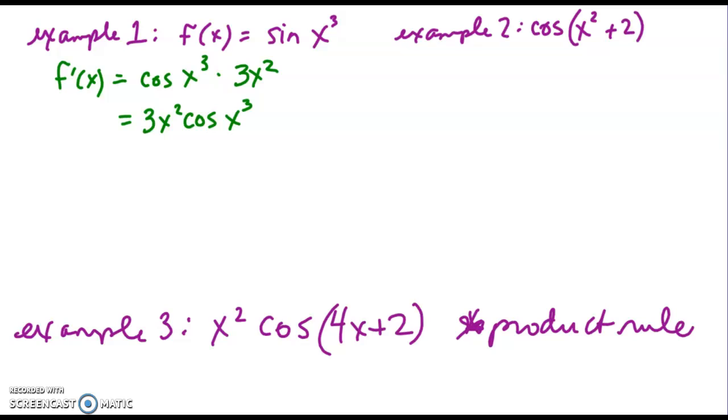Example 2. I did not write y there, but we've got y equals the cosine of x to the power of 2 plus 2. So the derivative here,